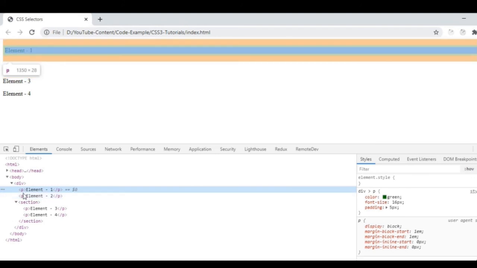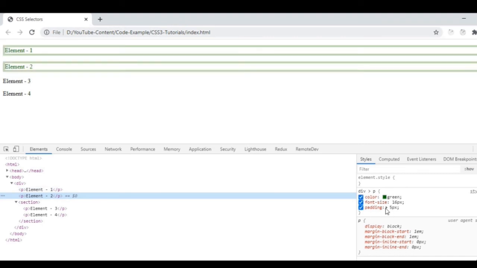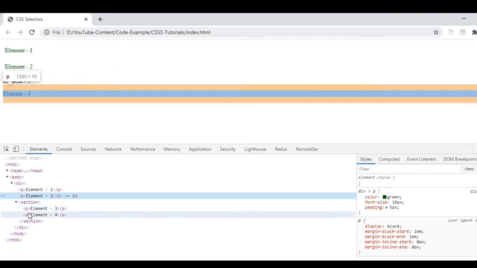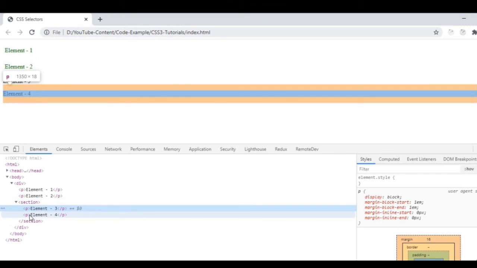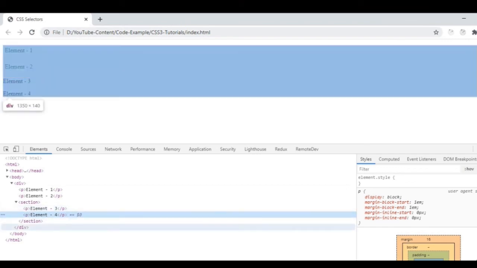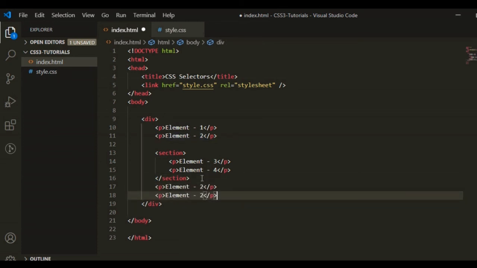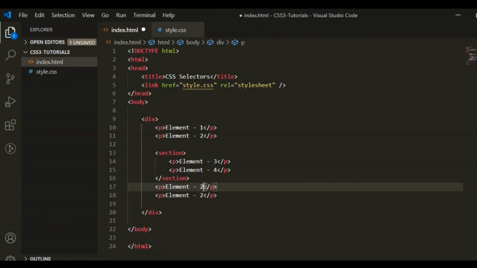Only the direct child is containing the CSS rules. On the right hand side you can see, but the indirect children are not getting this CSS. So this is the benefit of child selector, where you can select the direct child, not indirect child.